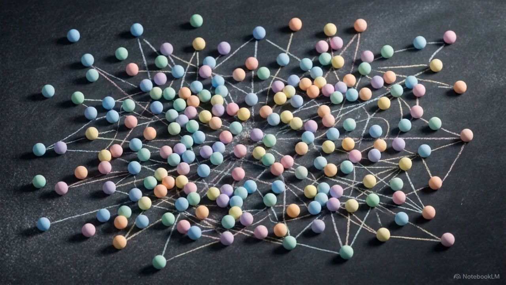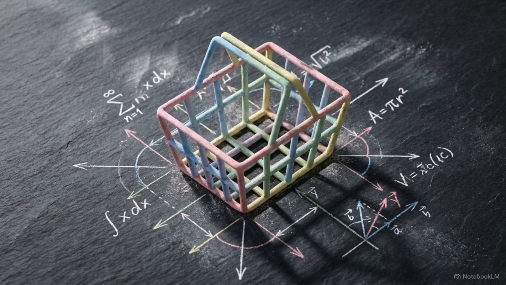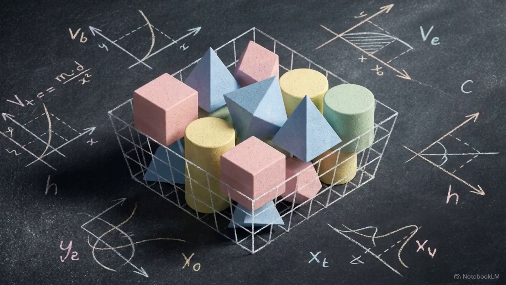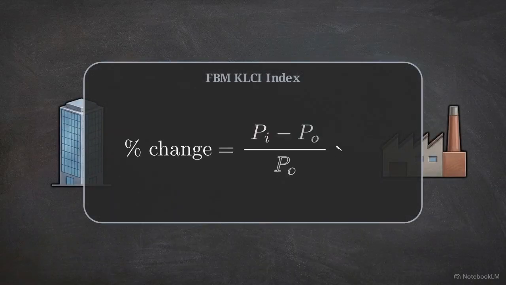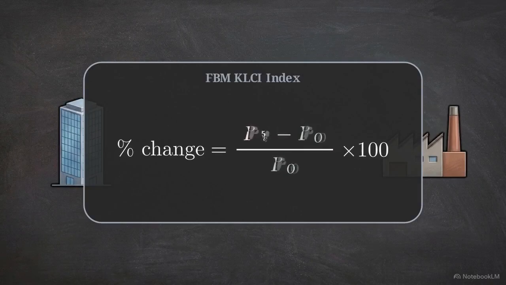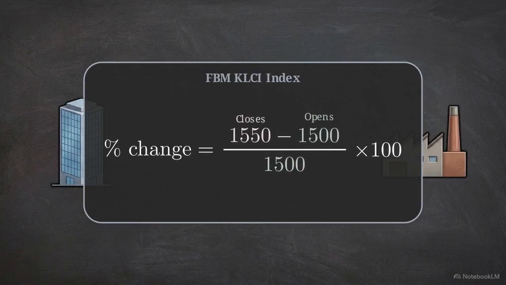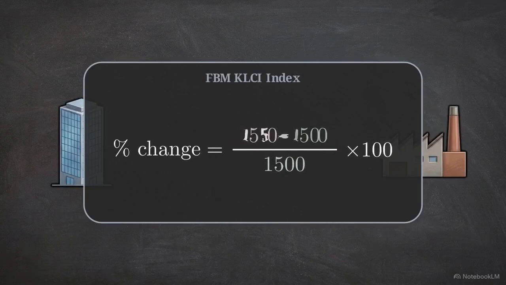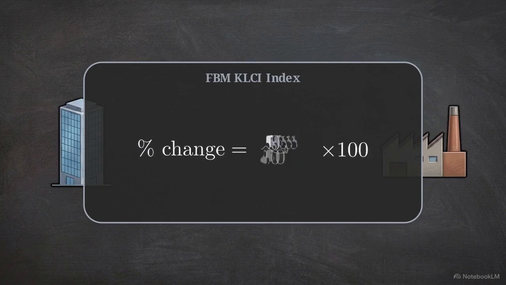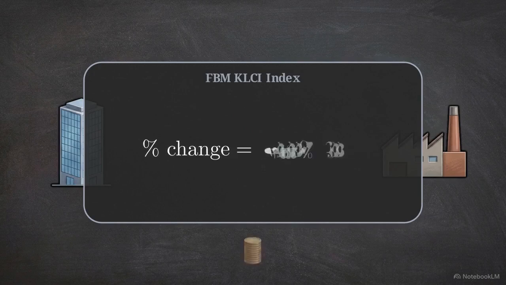Measuring the aggregate performance of thousands of individual trades requires a composite tool. This is the function of a stock market index, such as the FTSE Bursa Malaysia KLCI, which tracks a specific basket of listed companies. We determine movement by calculating the percentage change in the index quote. If the KLCI opens at 1,500 points and closes at 1,550, we subtract the old value from the new, divide by the old, and multiply by 100. The index shifted positive 3.33%.